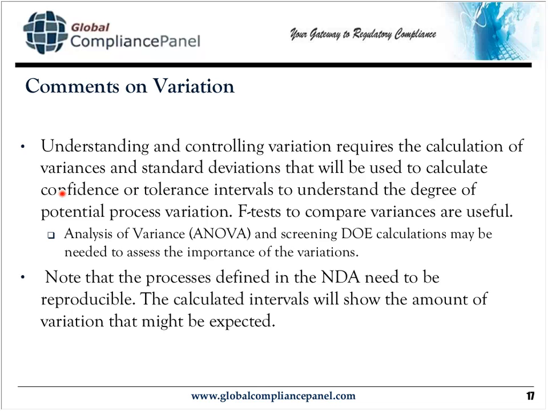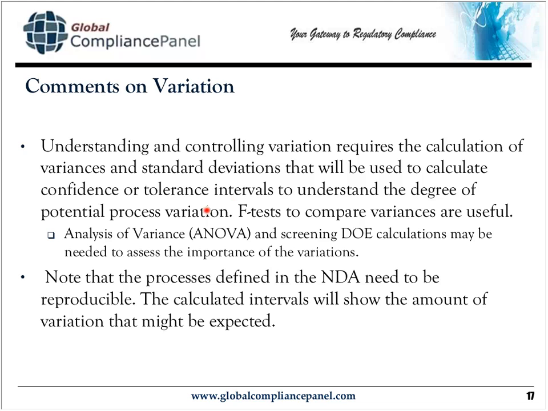There's an argument going on right now for you statisticians out there as to whether or not you should set your specs using confidence intervals or tolerance intervals. Personally, I come down on the side of tolerance intervals. But you have to remember, when you use tolerance or confidence intervals, that you have to understand what's going on, because I have seen a lot of places that have set specs that are unnecessarily tight because they have used a confidence interval based on too many replicates. And that's a big question.